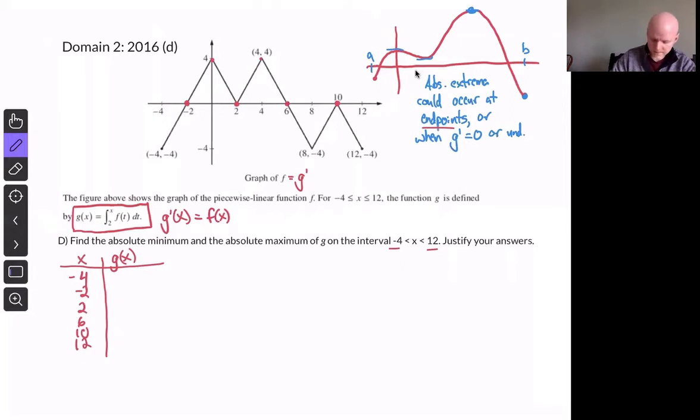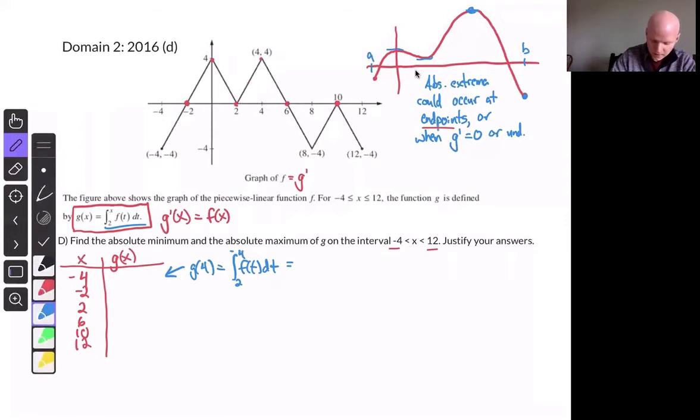Now, if we want to find the absolute minimum and the absolute maximum value of g, what we're going to do now is plug these points into our literal g of x and see what that gives us. So to find g of 4, we're going to use our integral function, what we were given for g over here. So from 2 to 4 of f of t. And then because integrals mean area, we can look up at our graph of f, our graph of g prime, and find the area going from 2 to 4. So the area from 2 to 4, oh, excuse me, negative 4, it's going backwards. Okay, from 2 to negative 4,